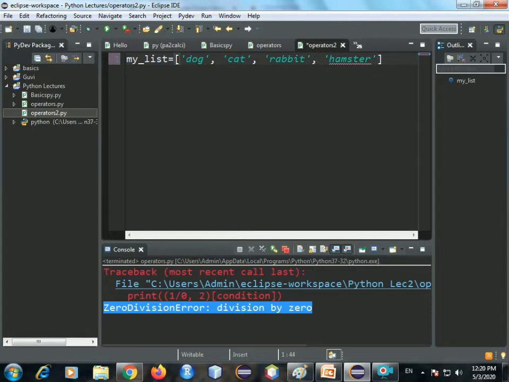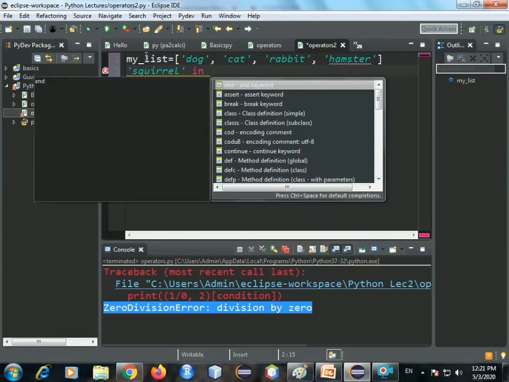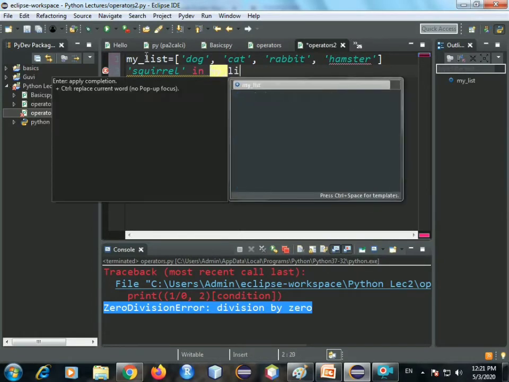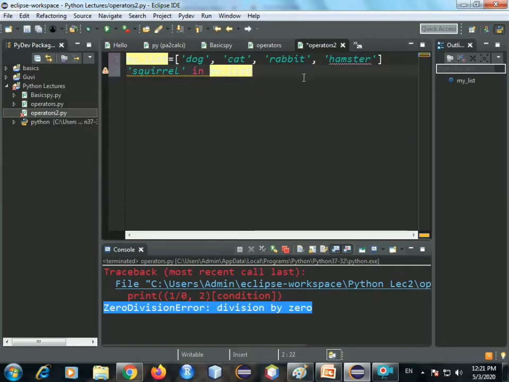Now what I want to do is check if another animal, let's say a squirrel, is present in my list or not. What we can simply do is, in quotes, squirrel in my list.